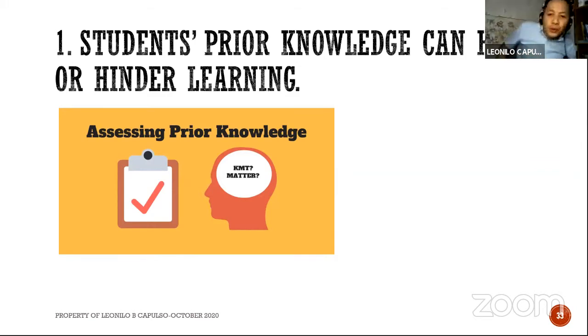So sa pagtuturo, palagi nating tandaan bilang mga guro, no, lalong-lalo na sa new normal, na yung previous knowledge ng bata ay malaking maitutulong yan sa pagtuturo natin ng bagong lesson. Pwede siya kasing makatulong o makasira. Kaya nga, di ba kung minsan, na napapansin natin doon sa mga lesson plan natin, palagi tayo nagsisimula sa review. The purpose is connection. Kung natandaan natin yung Dale's Cone of